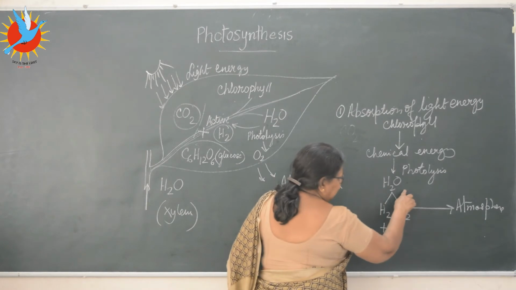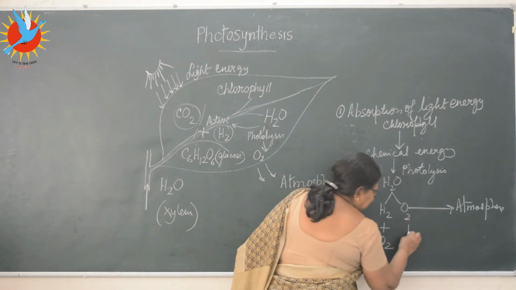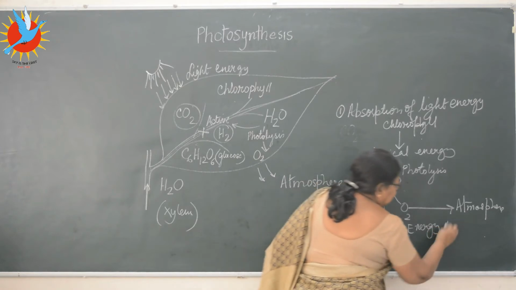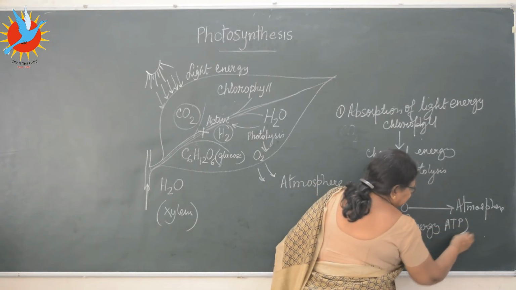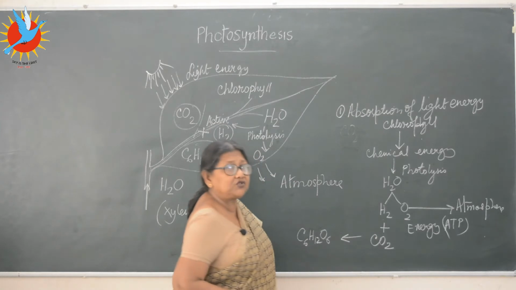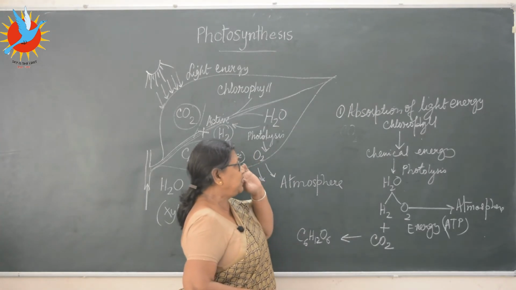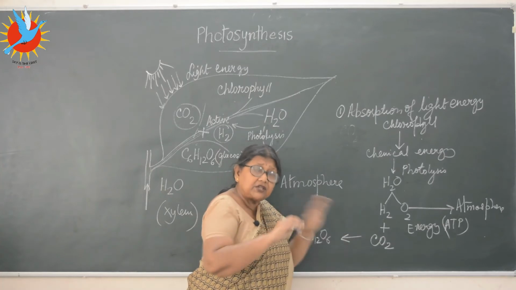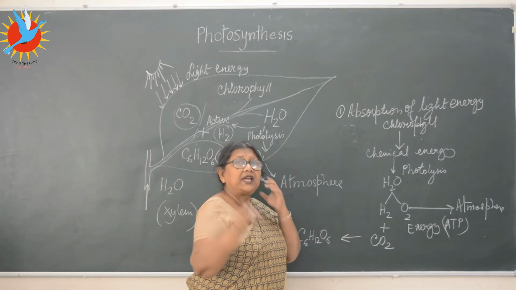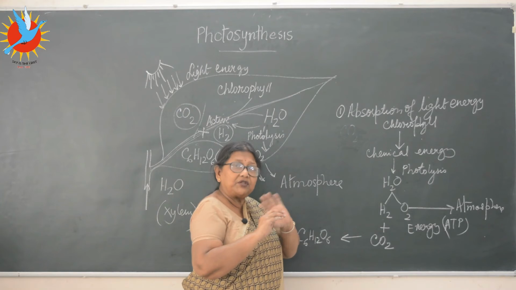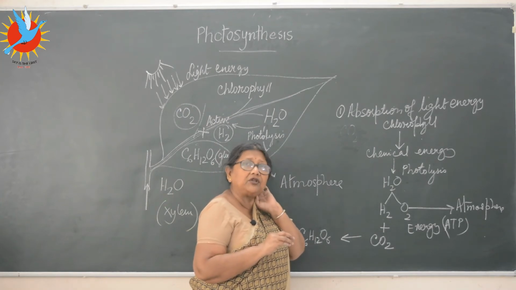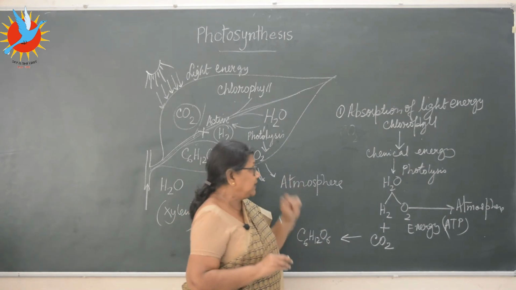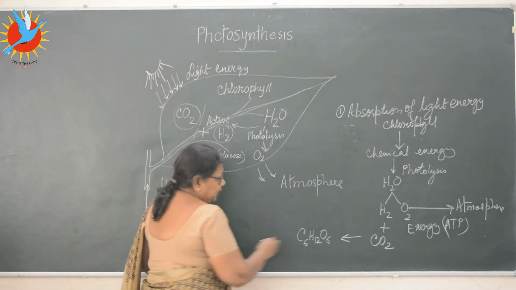Here I'll also write this is combining, plus here I'll write energy, and it is called, we'll write it as ATP. It's a compound, adenosine triphosphate. You don't have to learn the name in detail, ATP. Now it's not so simple. A series of reactions take place. So many reaction changes. But we are not going to go into detail now. You'll do it in class 9. I'll just give you the overall picture in general. Now this is the food prepared.